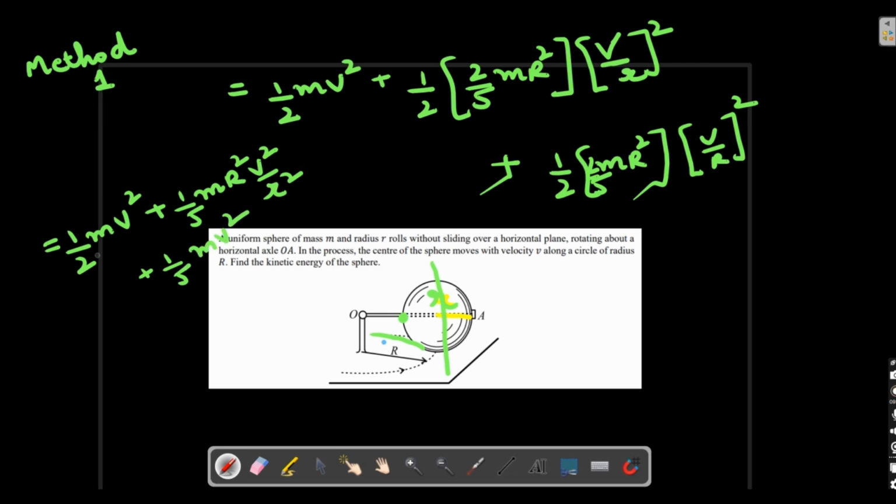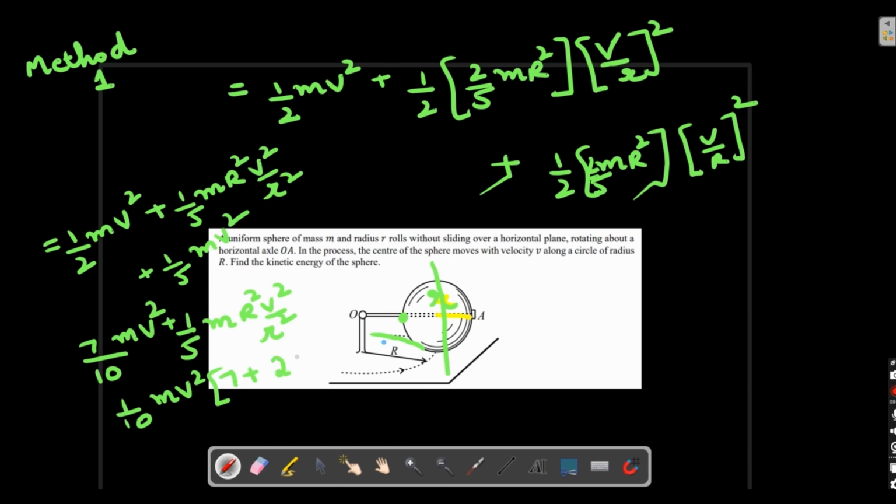That is nothing but if I take 1 by 2 plus 1 by 5, that is how much, beta? 2 5s are 10, 5 is 7 by 10. 7 by 10 times m v square plus 1 by 5 times m r square into v square by r square. If I take 1 by 10 m v square common, we are having 7 plus 2 times of,